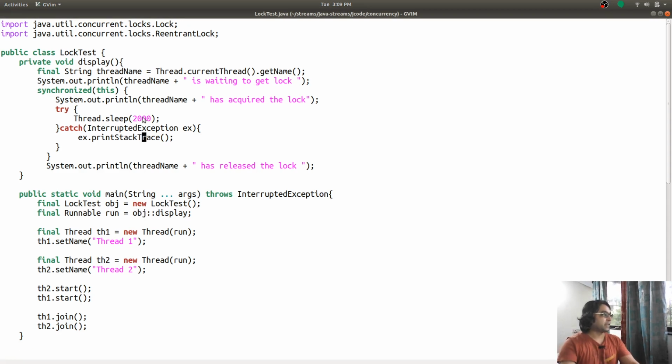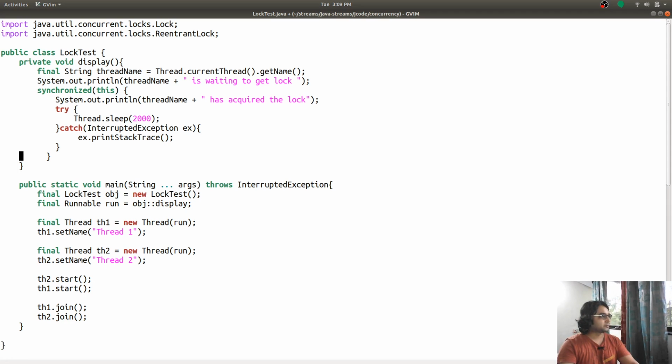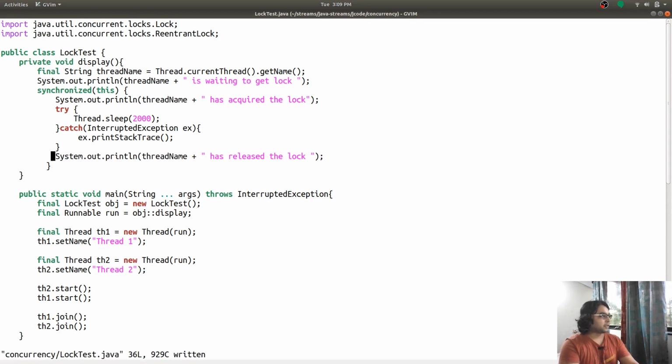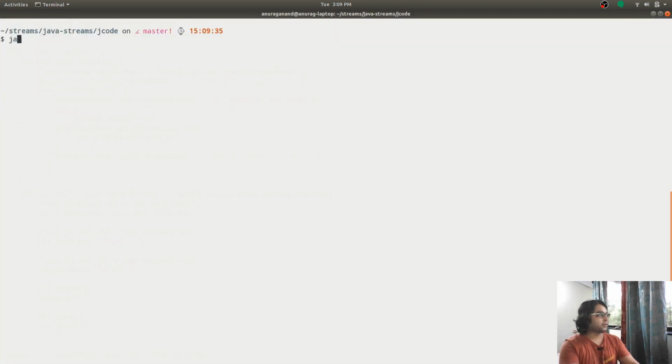What is happening is that this print statement is outside the synchronized block. Because of that, we are not getting proper synchronization in the case of print statements. So I have fixed that.